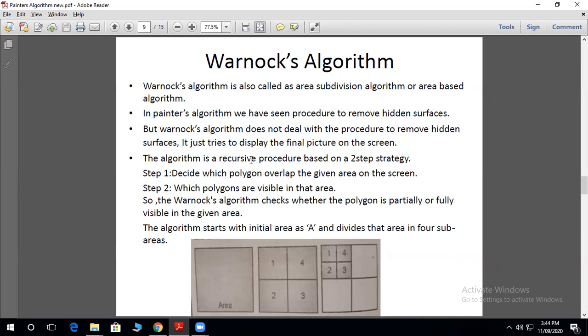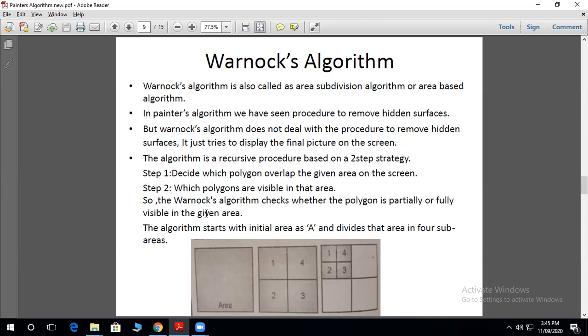The algorithm is a recursive procedure based on a two-step strategy. Step 1: decide which polygons overlap the given area on the screen, and step 2: decide which polygons are visible in that area. So the Warnock algorithm checks whether the polygon is partially or fully visible in the given area.